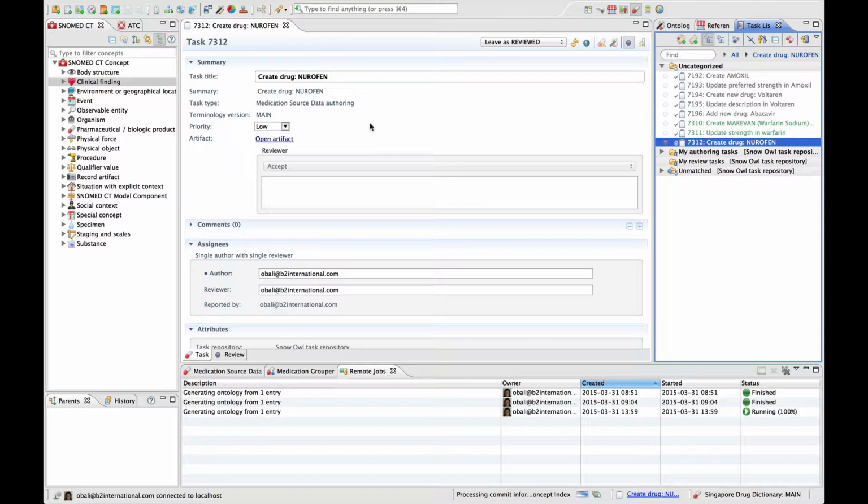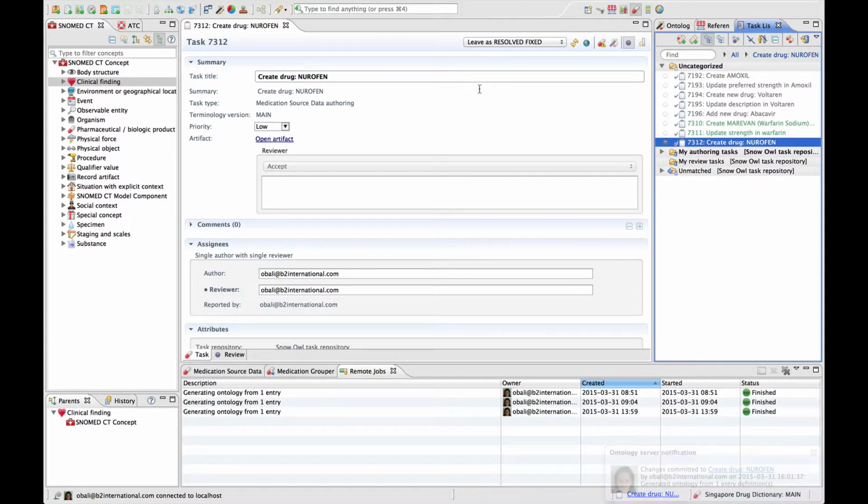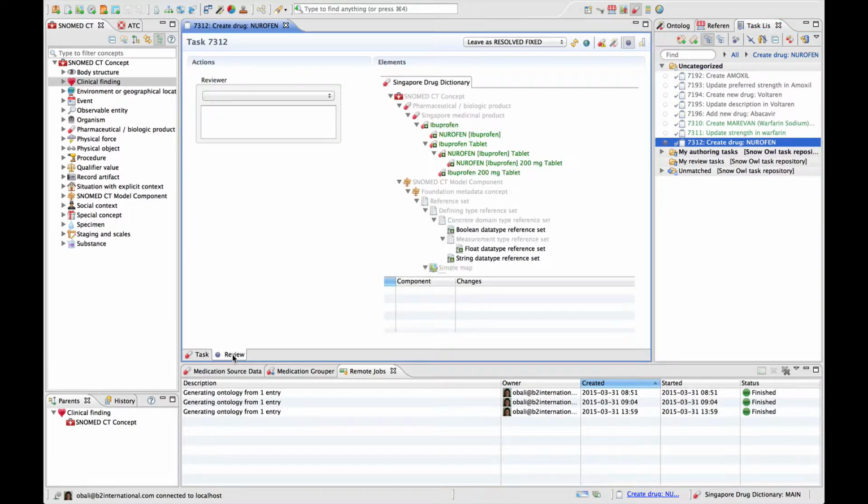And it looks like it is just about to finish. I got some notifications from the server that my changes have been committed to this repository branch that I'm working on right now with my task. And I'm the reviewer now, so I need to go to the review tab and see the changes